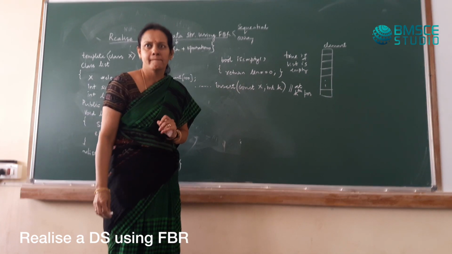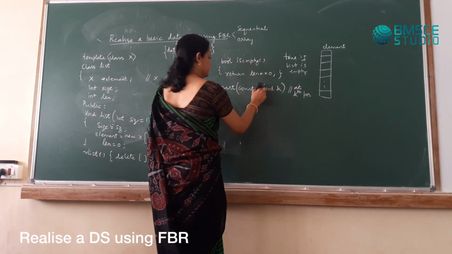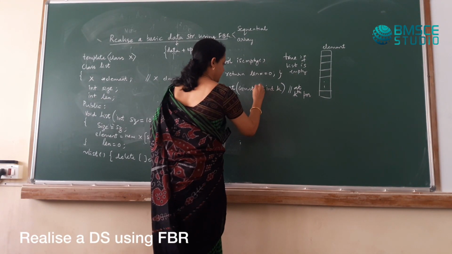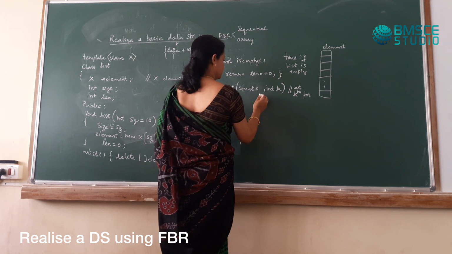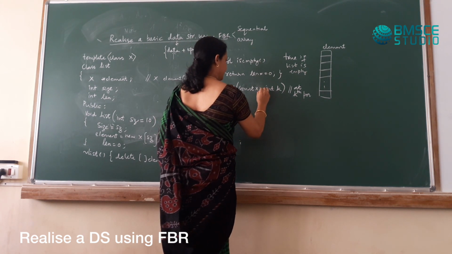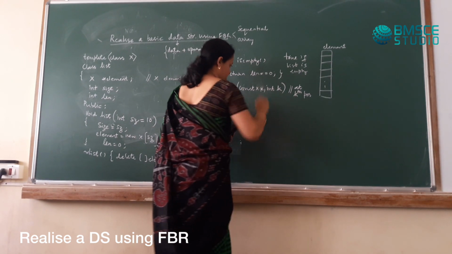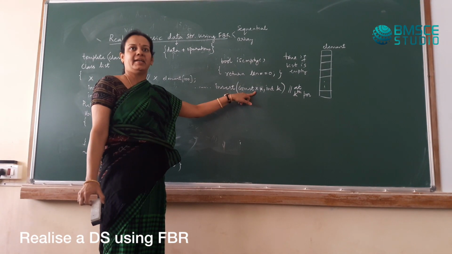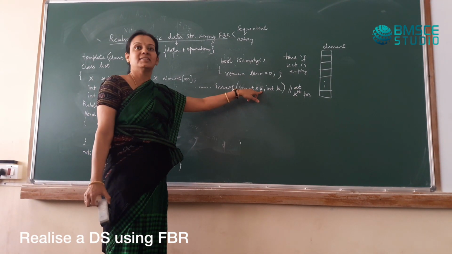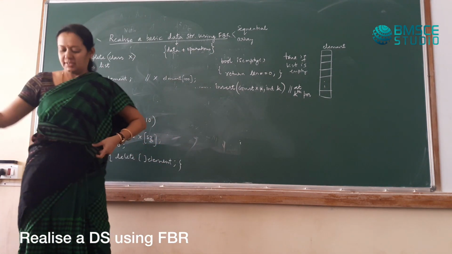Constant X is data type, so I should take some other variable. I can take I, J, small k, small x, L. Small x works. That's what we do. Don't get confused. Capital X is the data type. Small x is the value. Got it? Small x is the value.